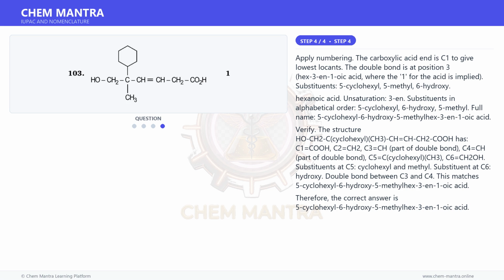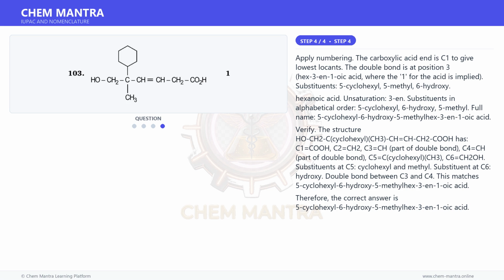Unsaturation: 3-ene. Substituents in alphabetical order: 5-cyclohexyl, 6-hydroxy, 5-methyl. Full name: 5-cyclohexyl-6-hydroxy-5-methylhex-3-enoic acid. Verify. The structure is HO-CH2-C(cyclohexyl)(CH3)-CH=CH-CH2-COOH, where C1 is